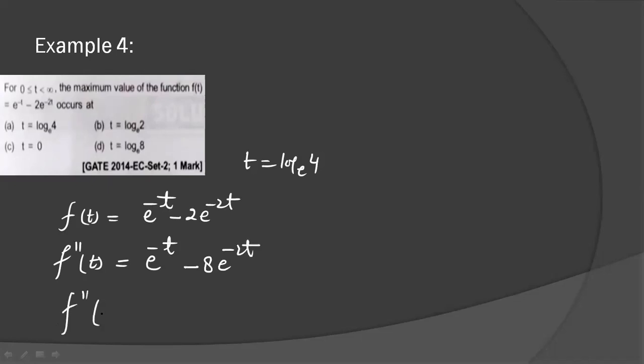Now you check the double derivative at log 4, you will get a negative value. So t equal to log 4 will give you the maximum value. I am not using the first derivative here because it is an exponential function. So it is very difficult to draw the wave graph for this type of function, log x, sin x, trigonometric functions. But for polynomials, you just have to make the coefficient positive.